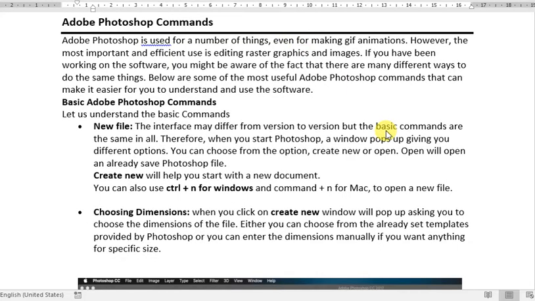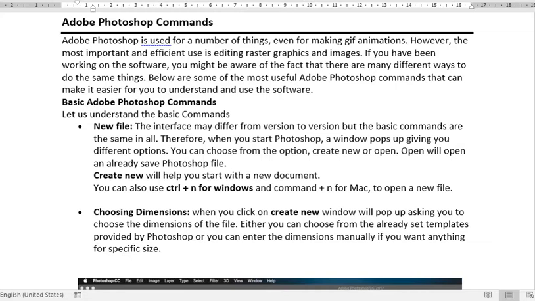First of all, you have to open a new file. New file interface. The new file interface may differ from versions to versions, but the basic commands are always same in all the applications.